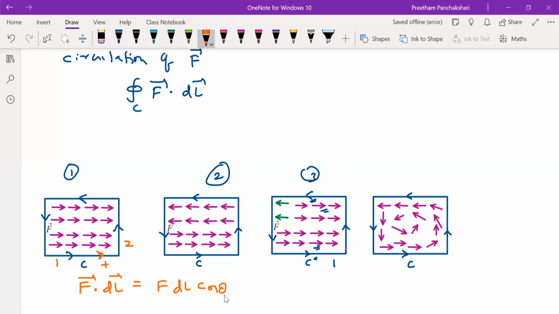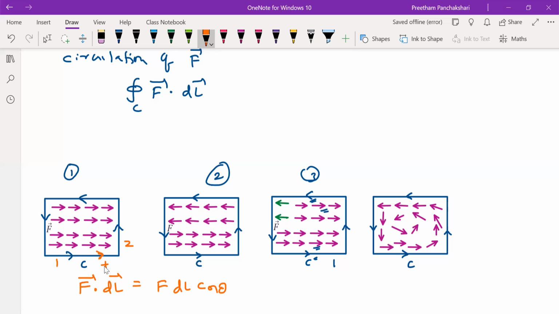If theta is 0 degree, where theta is the angle between the force and the path chosen, cos 0 becomes 1, the maximum force is experienced, F into dl. If theta is 90 degree, as in the case of side 2, then cos 90 becomes 0, no force is